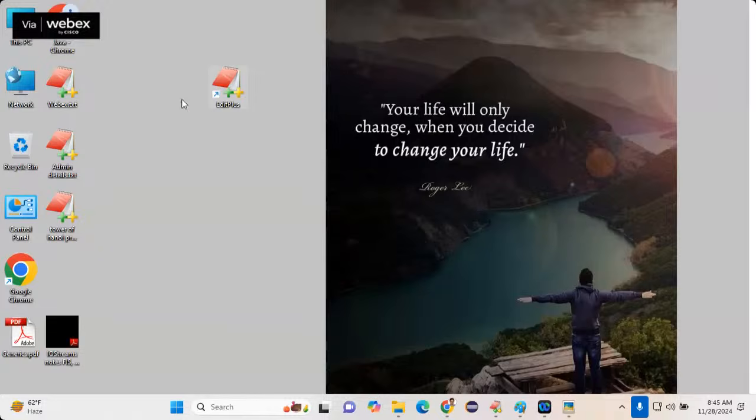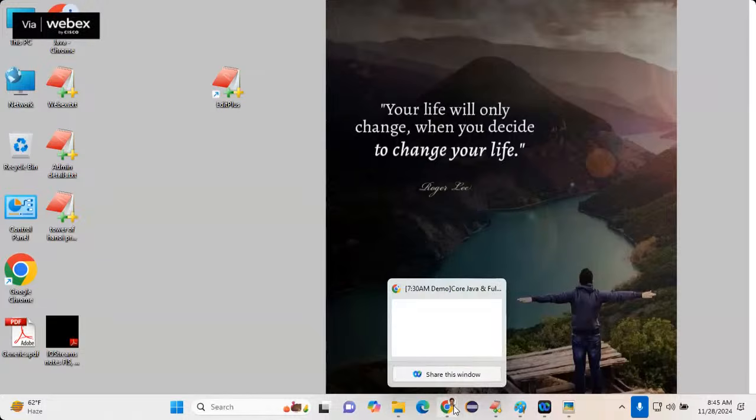For example, I have installed EditPlus software in my system, or VLC media player in my system. Can you access it from your system? I install EditPlus or VLC media player in my computer. From your computer, can you access it or not? You cannot access it. It's not possible because they are not internet accessible. They are called standalone. Now, somewhere in the world,